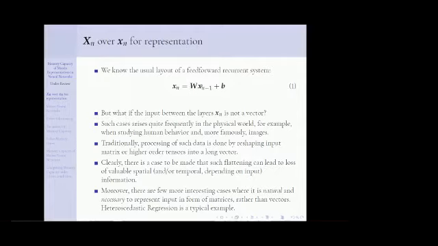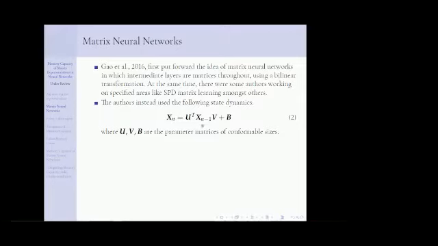So of course, if X, the state vector, has length capital N, then W has to be of shape N cross N. Similarly here, X_{n-1} is of shape N cross M. Then U transpose has to be of conformable size. The output should be of shape N cross M2, and the input is already of shape N cross M. So U transpose will be of shape N cross N, and V would be of shape M cross M. And of course, the bias B would be a matrix of shape N cross M.